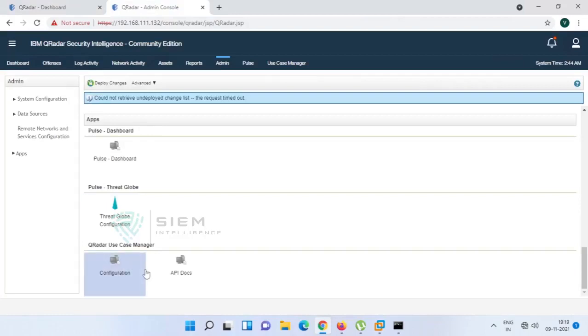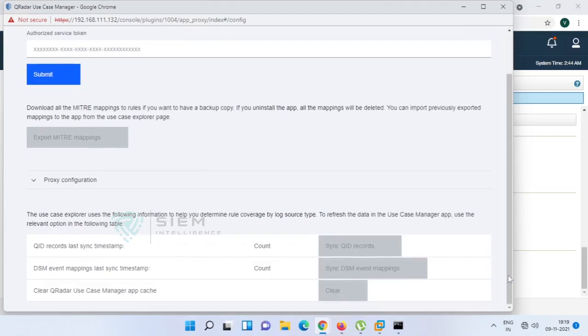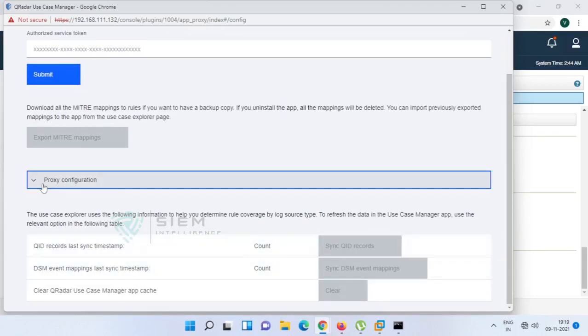Now once it is done, yeah, the count is not showing yet, it will give the count. You have to wait till the count is under process.